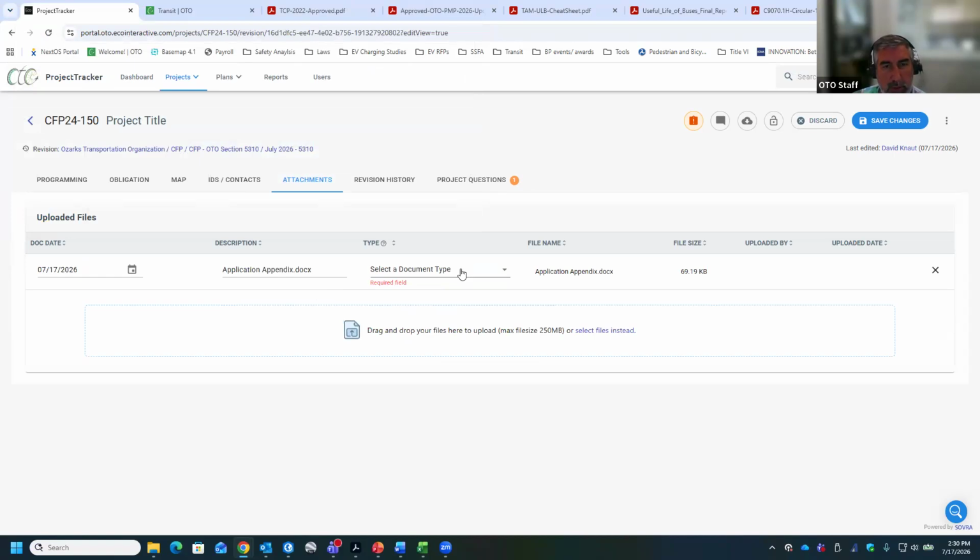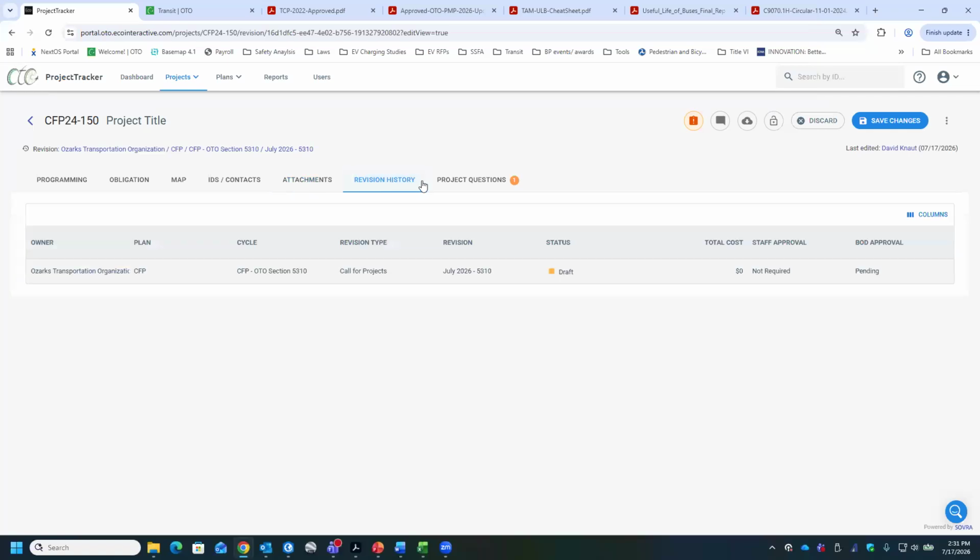So then it uploads it, and then you have to select a document type. We have resolution in there, but it might not match exactly what it is, like the insurance information, the audits. You can always click other or informational. It doesn't really matter. And then it basically is uploaded like that. Revision history can also be skipped.